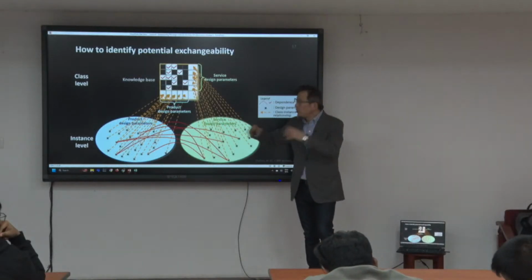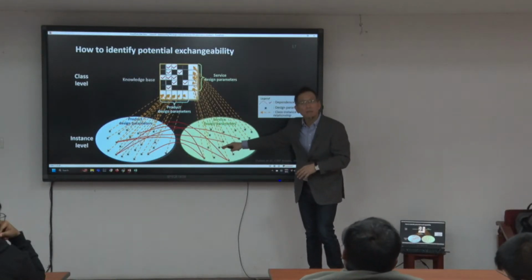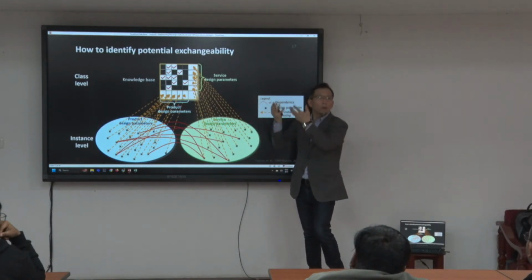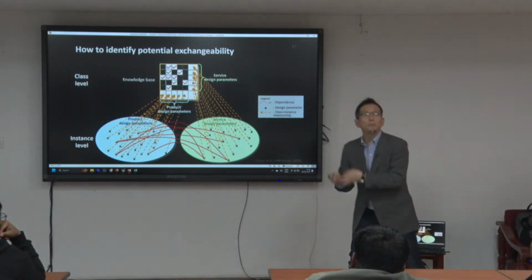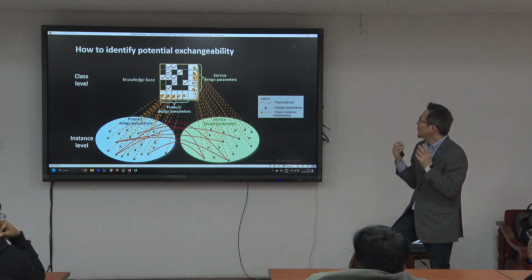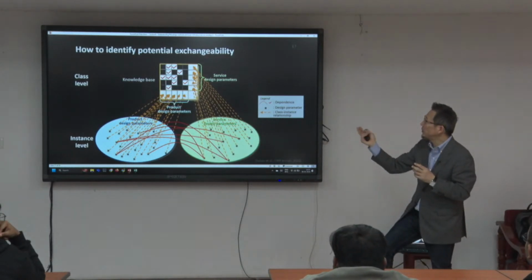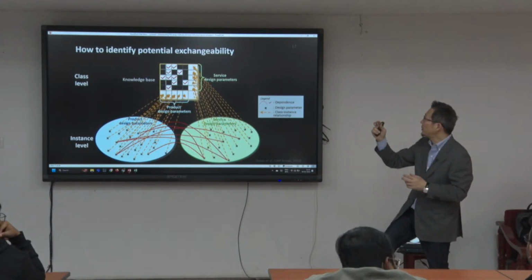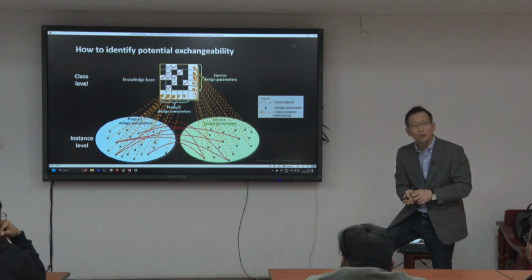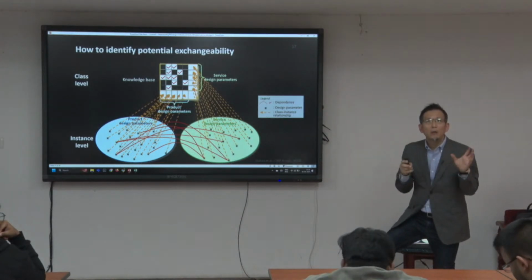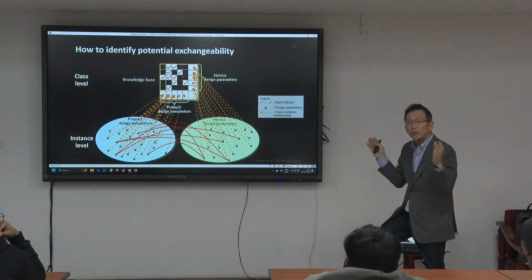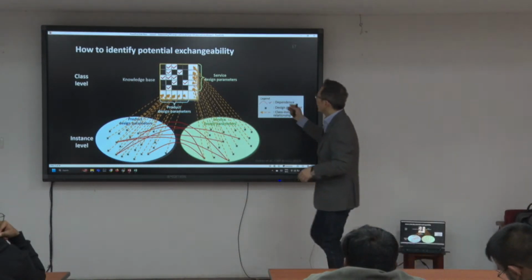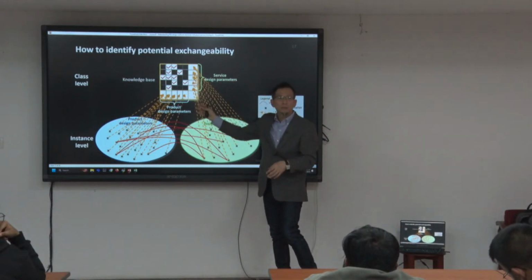So that's why a recommendation here is to lift up your thinking level from the instance level to the class level. So you move yourself up to the abstract level where the service design parameters and product design parameters are possible to represent as class parameters, categories. Now you can decrease significantly the number of parameters you can think of, because